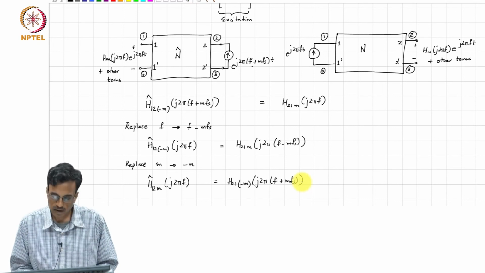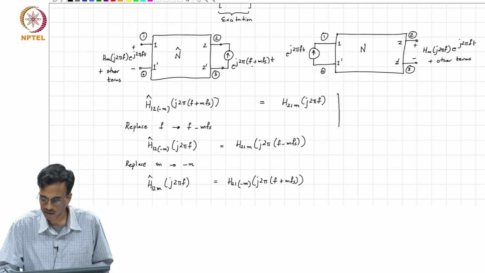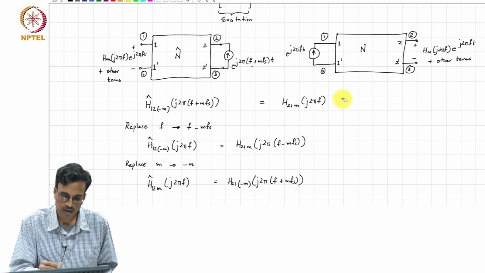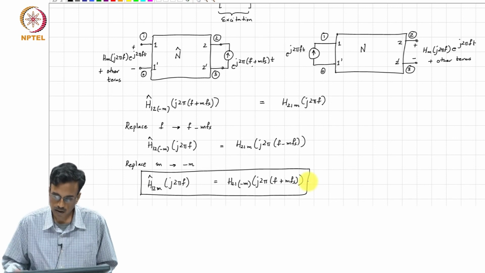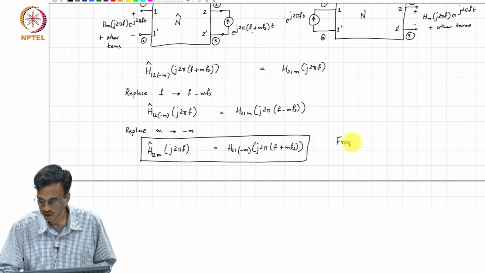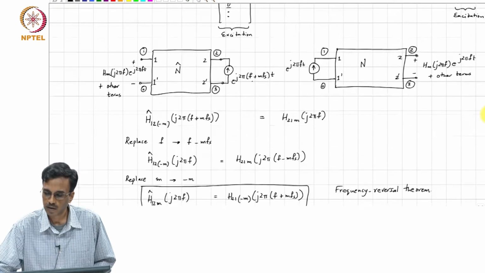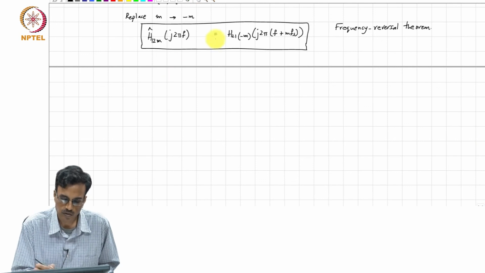All right. So, we will discuss why this is important in a little while, but I will box the theorem. This is called the frequency reversal theorem. And that is what we are going to see next. So, what I am going to